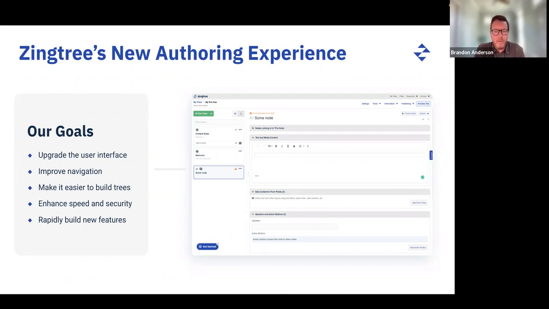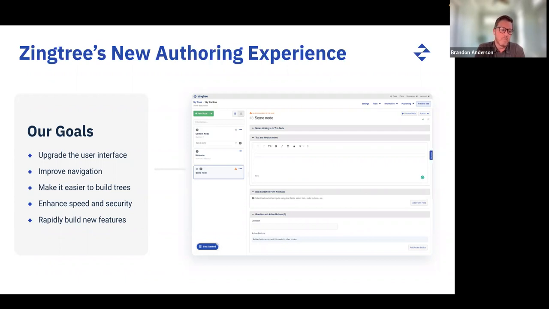So we're hard at work on this. Today, we're going to show you the new authoring experience. Towards the end of the webinar, I'm going to talk a little bit about what's coming in addition to this new experience. So we're very excited. We have great ambitions. We look forward to getting more tools in your hands. We look forward to receiving your feedback. So if you don't get a question answered here today, I look forward to receiving emails or questions from you in different forms in the future where we can help answer your questions.